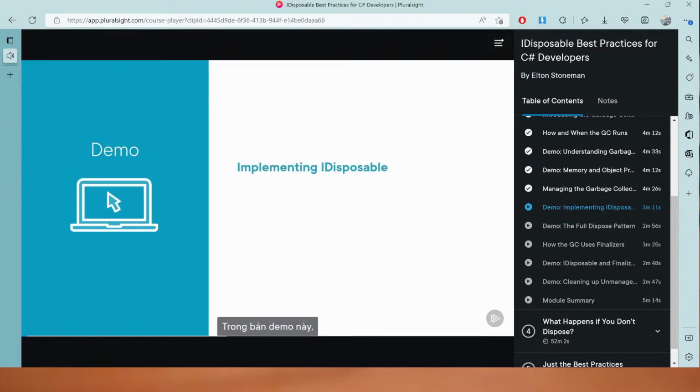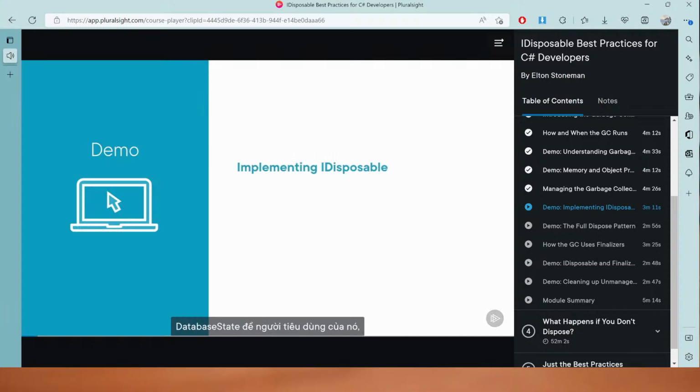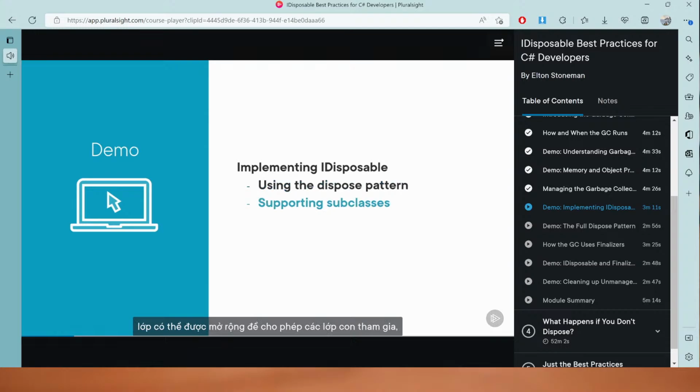In this demo, we're going to implement IDisposable on the database state class, so consumers of it, like our console application, can clean up resources as soon as they're not needed, rather than waiting for the GC to do it for them. We'll follow the standard pattern for implementing IDisposable in a class which could be extended to allow for subclasses to join in disposing their own IDisposable members, and also to dispose of any unmanaged resources that they may